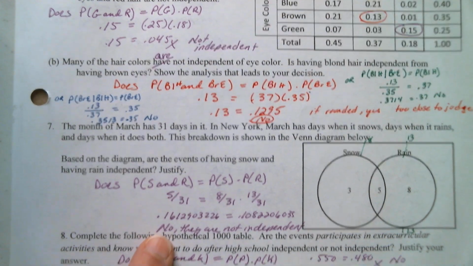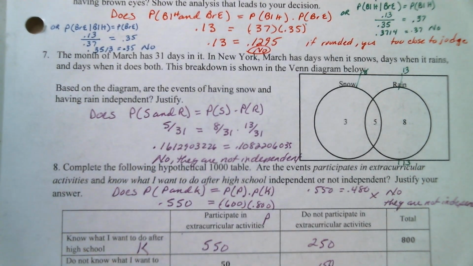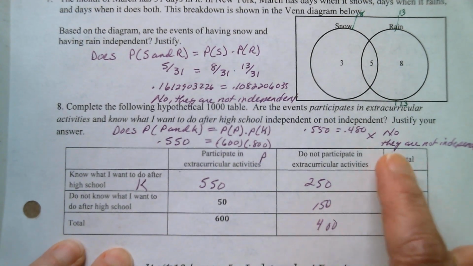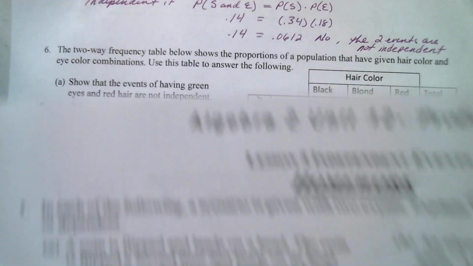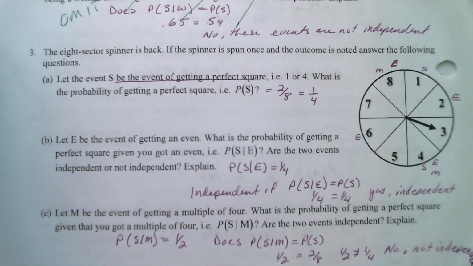Number 7, no, they are not independent. It did not show the other two ways. And the same with number 8, no, they are not independent. So going back to any explanations, I guess number 3,